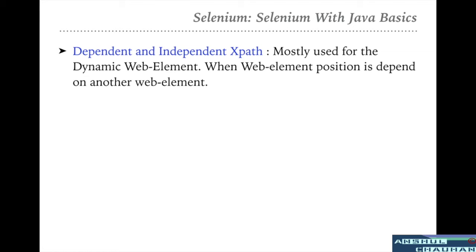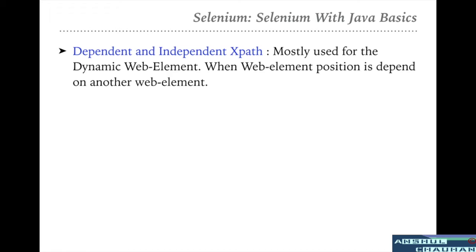In most e-commerce websites, you have seen that a particular box is displayed on a web page, and once you refresh that page, that box moves to some other location. Once you refresh again, it moves to another location, right? So these are dynamic web elements.